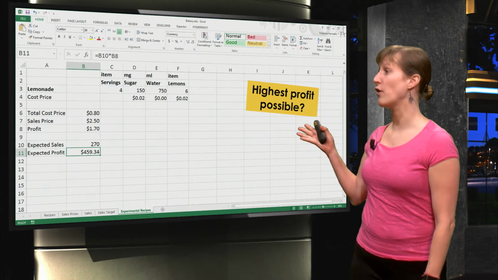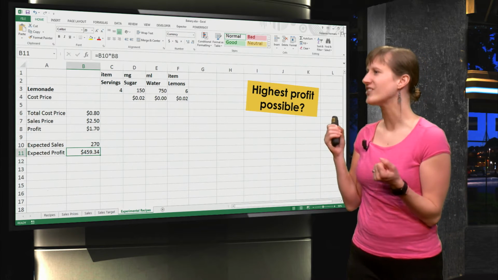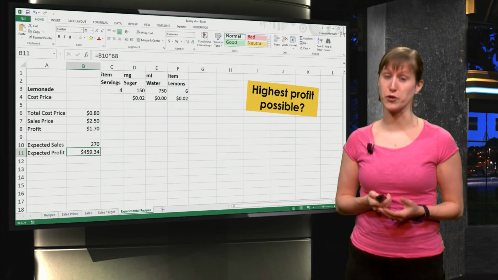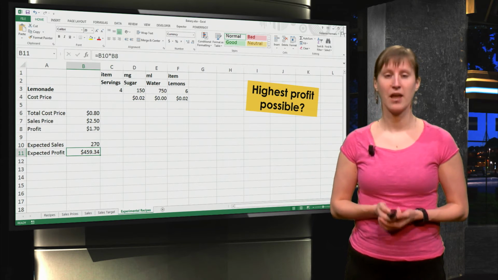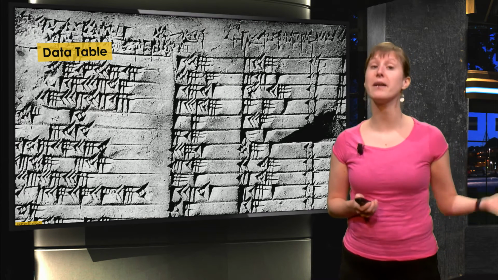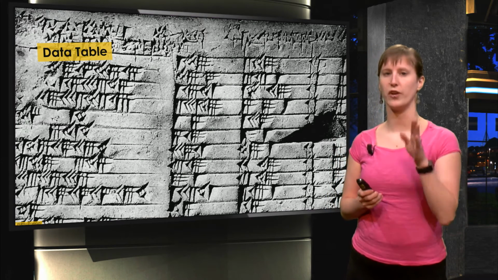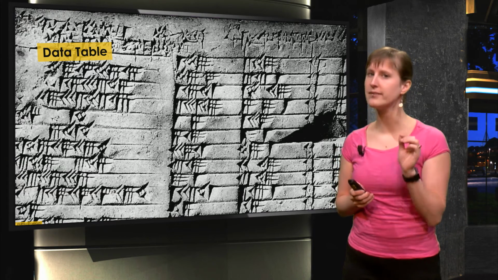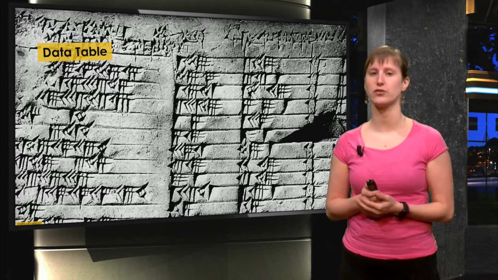This is where we left it off in the previous video. What is the highest profit we can make by changing the value of sugar in our recipe? To calculate that, automatically we're going to use something called a data table. And it's quite hard to get it right, so pay attention, bear with me while I construct the whole data